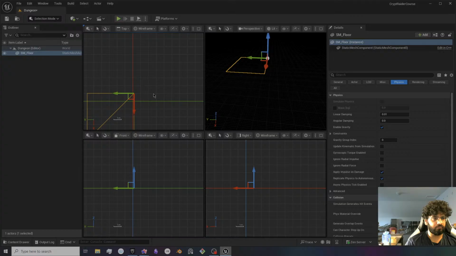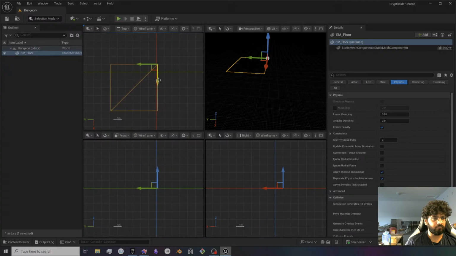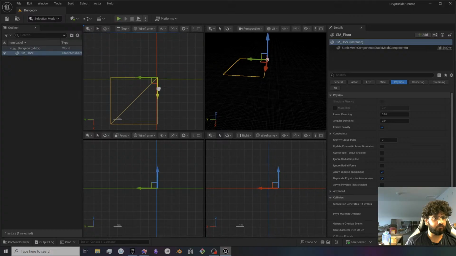Now remember, we're doing this in the unlit mode because we have no lighting at the moment. Now just at the moment, just be following along, and in a second I'm going to challenge you to build out your own level. So just watch, see how I build with the level, and then we'll come back and do some more level building after that. Now I just want to take a second